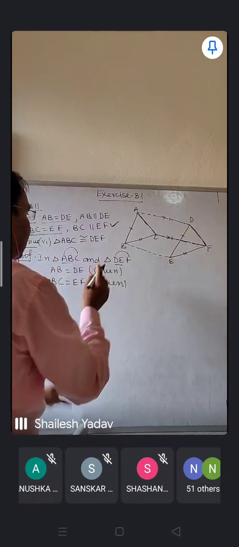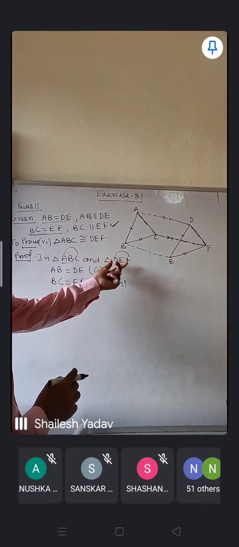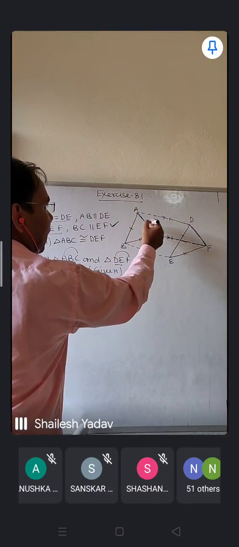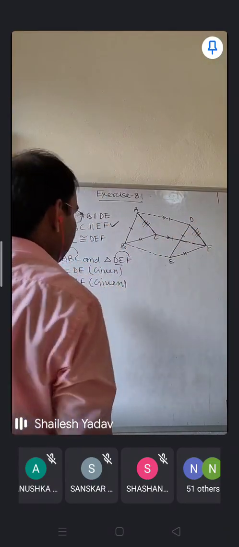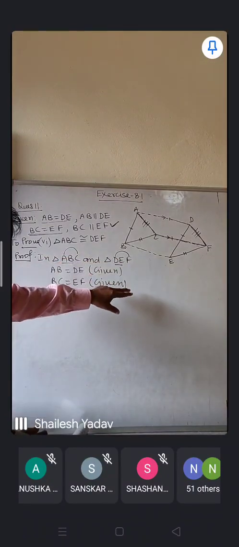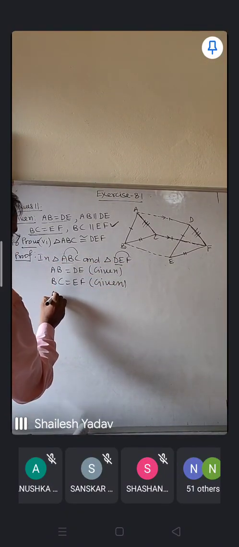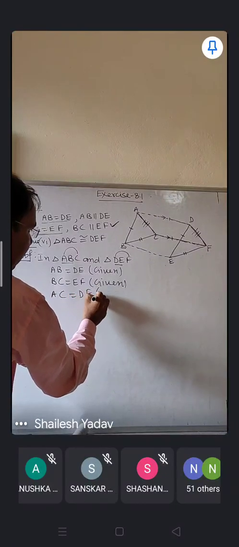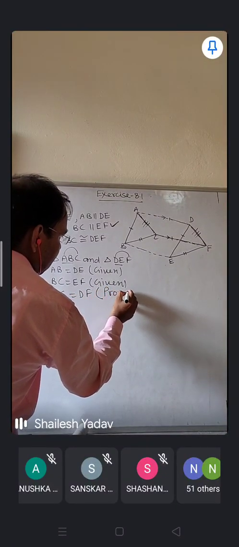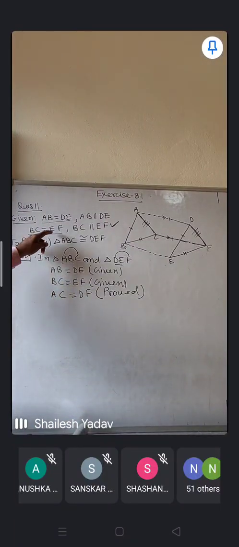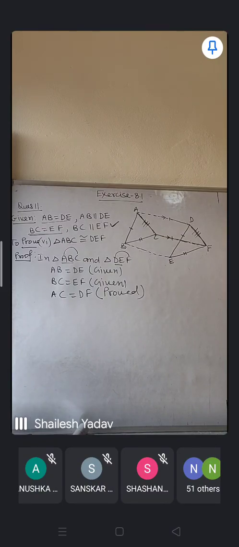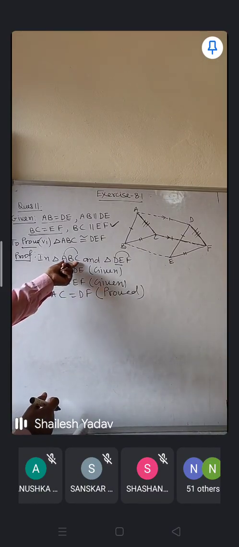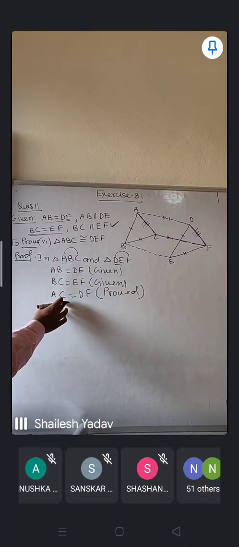Kindly see the fifth part. You have proved that AC equals DF, and AC and DF are the corresponding sides. AC is the side of triangle ABC, it is here, and here DF is the side of the second triangle. And you had already proved that AC equals DF in the fifth part. So here you will write AC equals DF, and in the reason you will give, it is already proved. So here two sides were equal, that was given in the question, and the third, AC equals DF, you had already proved before this part. So in the fifth part you had given the proof of this. So here all the three corresponding sides are equal.